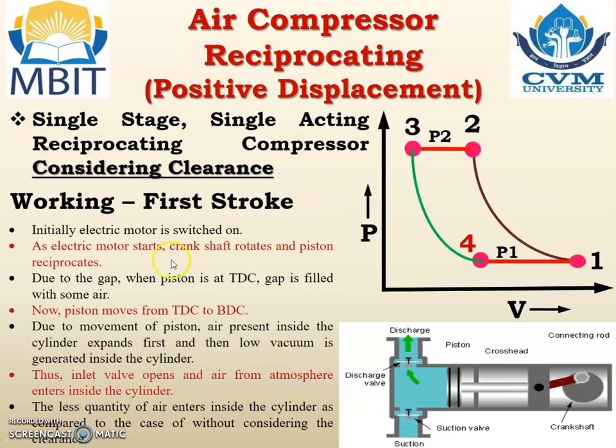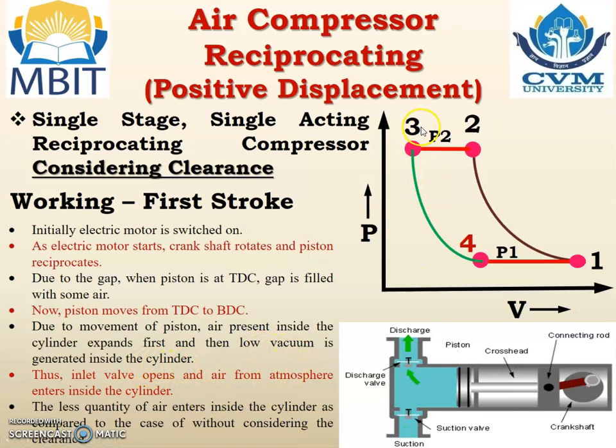Now the working stroke. Initially the electric motor is switched on. As the electric motor starts, the crankshaft rotates and the piston reciprocates. Due to the gap, when the piston is at TDC, the gap is filled up with some air. Now the piston moves from TDC to BDC. Due to the movement of the piston, the air present inside the cylinder expands first, and then a low vacuum is generated inside